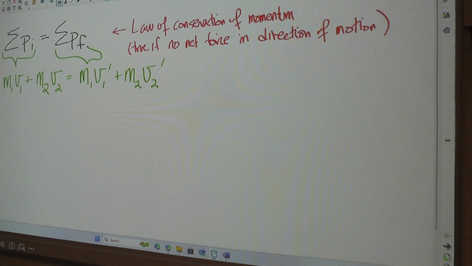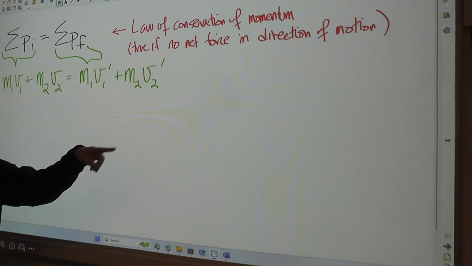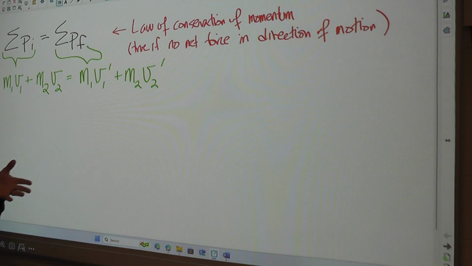This would be true three-dimensionally and two-dimensionally. When we're looking at it one-dimensionally, things get relatively straightforward, because each of them can only move in one direction or another, which means these velocities are going to be positive or negative, and we don't need to play any vector games with them. The masses stay the same, which means if we can measure